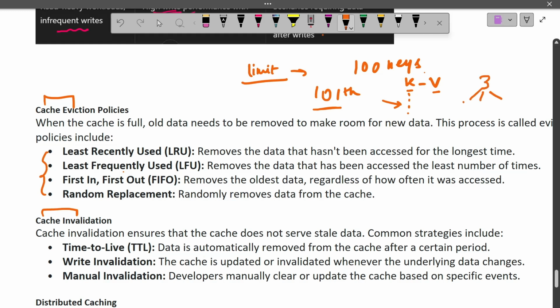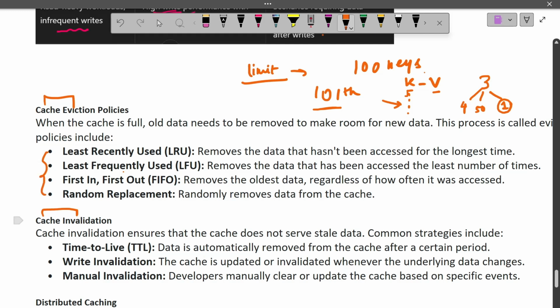Among them, one was used 4 times, one was used 50 times, and one was used only 1 time. So it makes more sense for me to evict the key which is only used 1 time in a certain lookback period. It can be last 7 days, 5 days, whatever your business logic is. And the no-brainer is a FIFO queue. So whatever key came in first, the first entry will be removed,